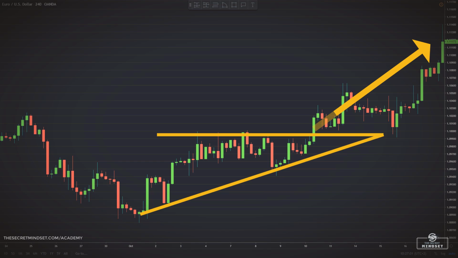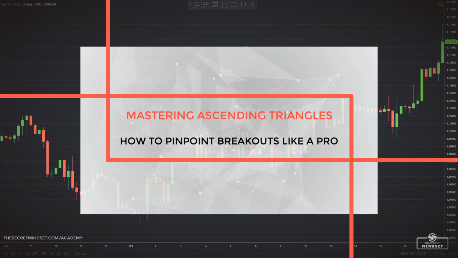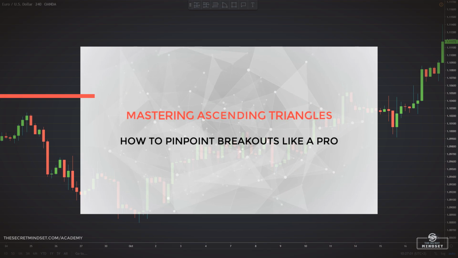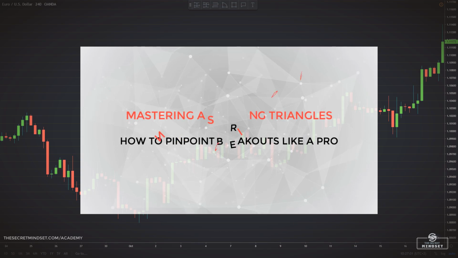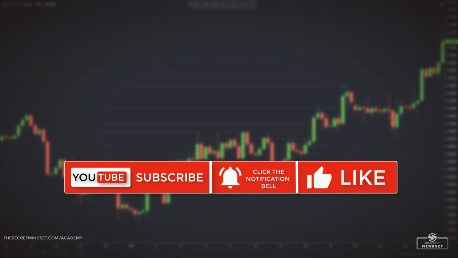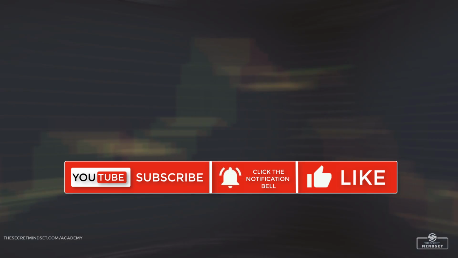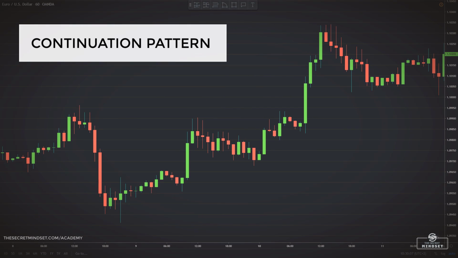There are different kinds of triangles that can be seen on a chart. In this video, we'll take a closer look at the ascending triangle pattern and the corresponding trade setups. Once you are equipped with this knowledge, you should be able to add a triangle trading strategy to your trade setup arsenal. The ascending triangle formation is a continuation pattern, and as the name suggests, it has the shape of